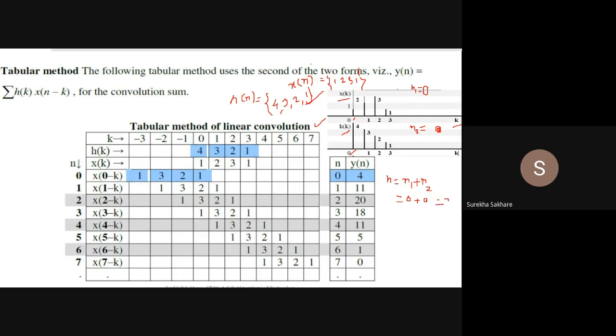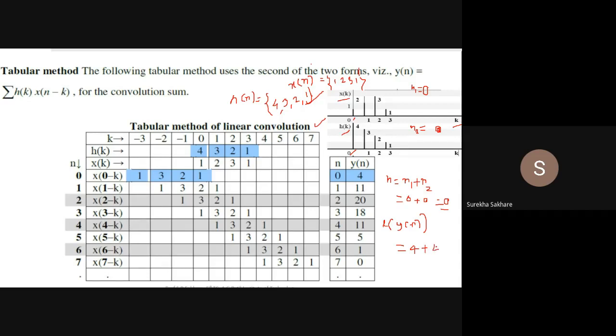Now n1 is 0, n2 is also 0. Both the signals are beginning from 0, so their addition also becomes 0. In the graphical method, we saw that the signal was starting from 0. Even here, it is going to start with a 0 value. So my n values will begin from 0, but how far? What will be the length of yn? I have to find it in the same method. Here n1 has one sample, 2, 3, 4, so the length is 4. And in the next also I have 4.